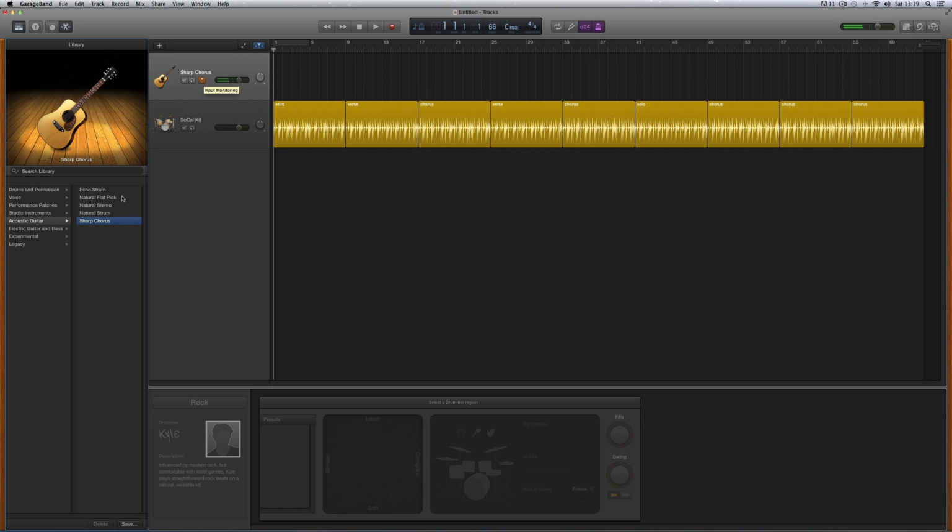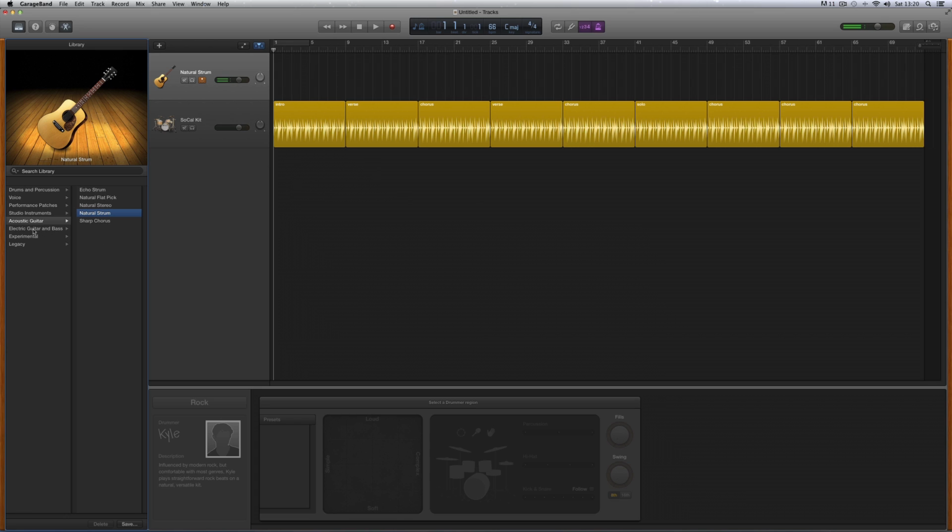Okay, now I'll go back to natural strum. Now you can choose one of these acoustic guitar presets if you want, but don't worry, because after the guitar's recorded you can change the guitar sound to anything you like. And because I'm using the microphone built into the Mac, which is quite a small mic and it's a little bit thin, for clean acoustic type guitar sounds,